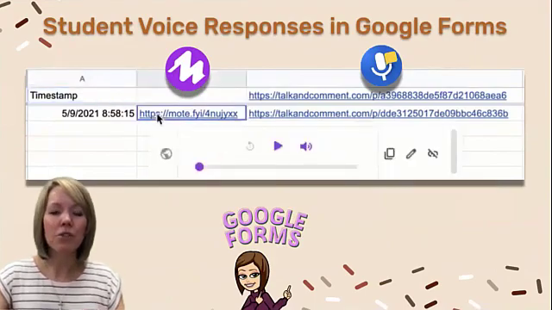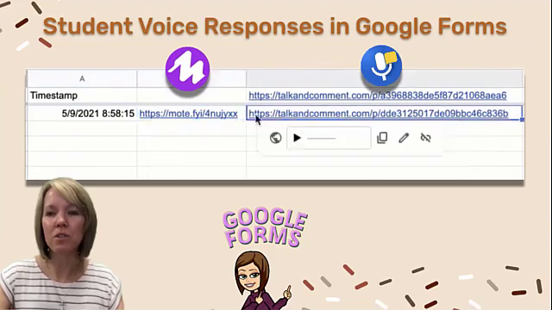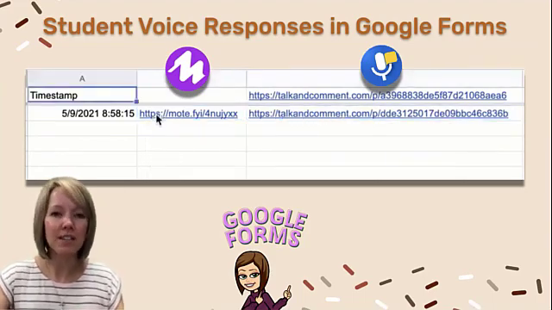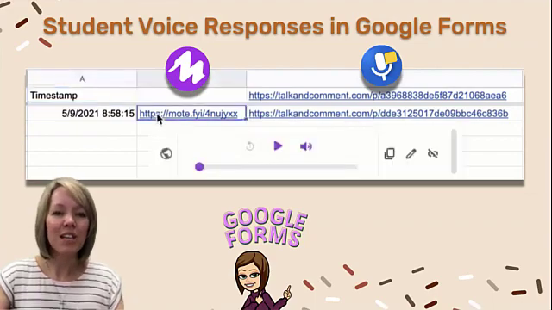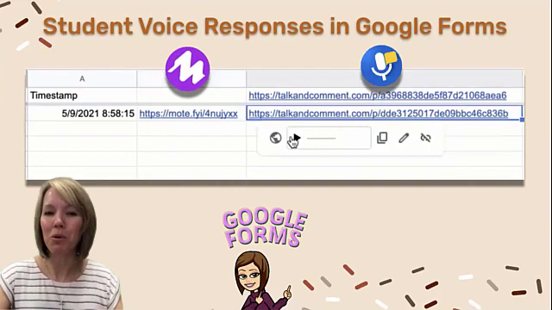So after they fill out the Google form, what does it look like in the spreadsheet? How am I going to hear my students' responses quickly? So I would recommend opening up the sheet that's tied to the form. There you'll see with the Mote response, you'll hover your mouse over it and you'll get the purple play button